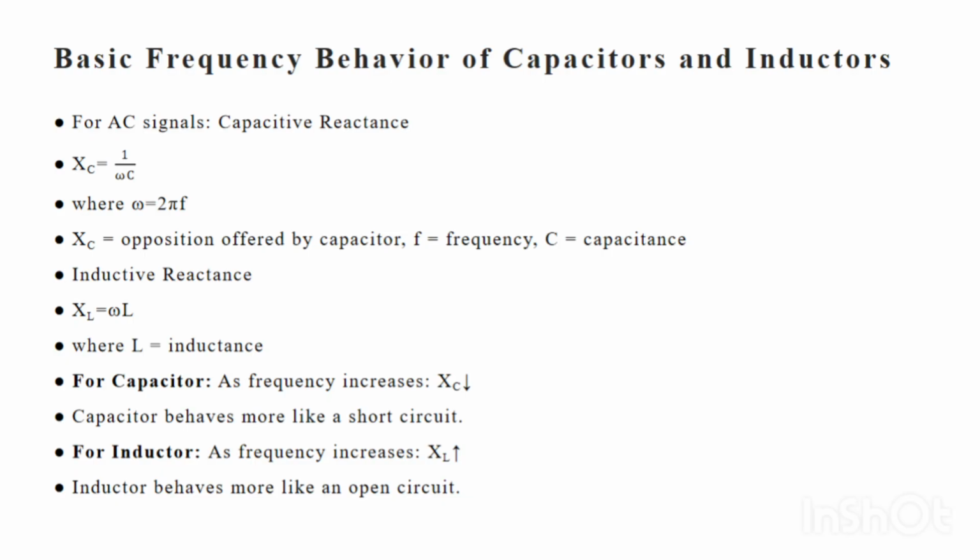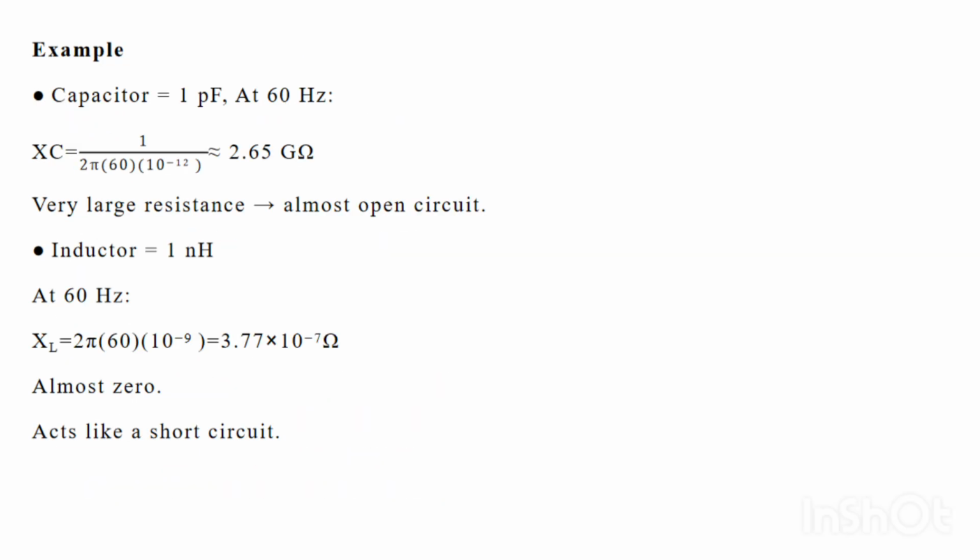And with both these equations, I can easily say that whenever the frequency value increases, the capacitive reactance value decreases, and the capacitor will behave as a short circuit. And in case of the inductor, when the frequency increases, the inductive reactance value increases, and the inductor will behave like an open circuit. But while talking about these terms of open and closed circuits, it is quite confusing, right? So let us discuss these terms with numerical values for a capacitor and the frequency.